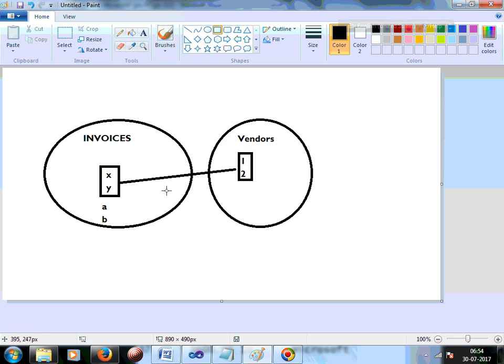So this is fine. We've got the top 10. In this case we are taking an example of top 2, and assuming X and Y have the maximum amounts. Now it is possible that A is associated with... let's take a different color. So the second part of the query is A